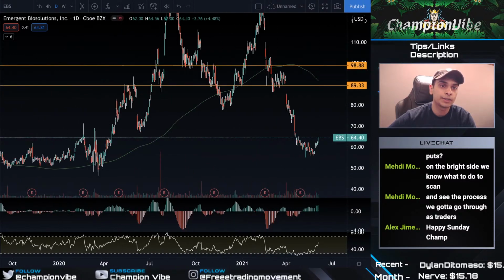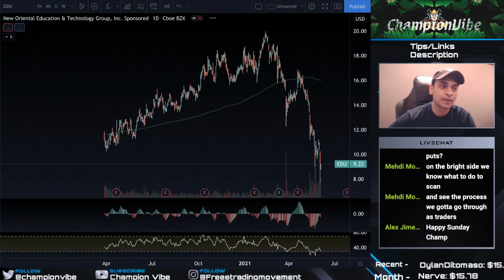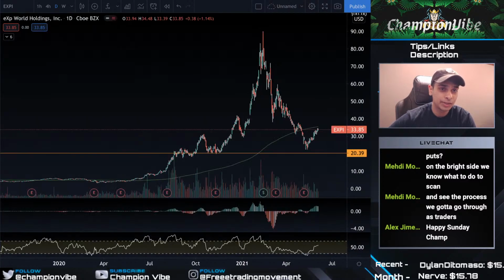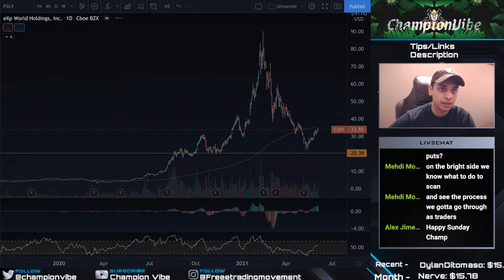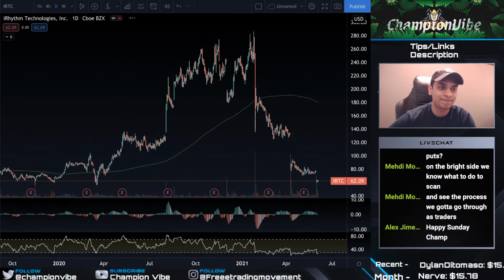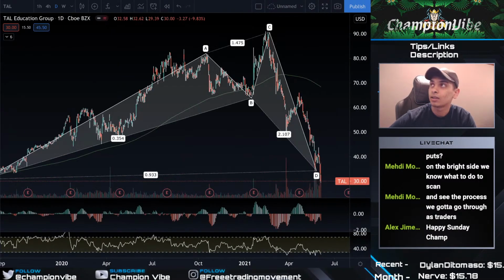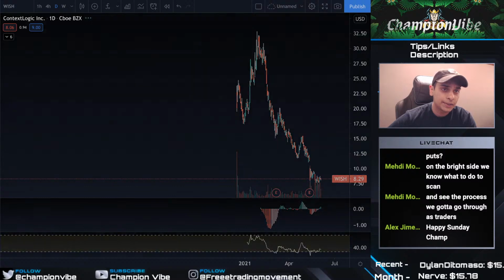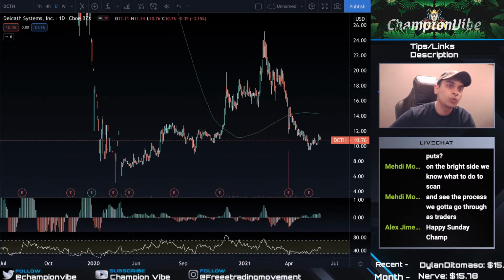Happy Sunday, Alex. Nope, not the best luck. So we only came out with about 6 or 7, it looks like. Yeah, about half an hour of scanning, because I spent probably 20 minutes talking. Half an hour of scanning about 150 stocks. Only came out with 6 of them that look tradable, in my opinion, based on higher time frame technicals, which were